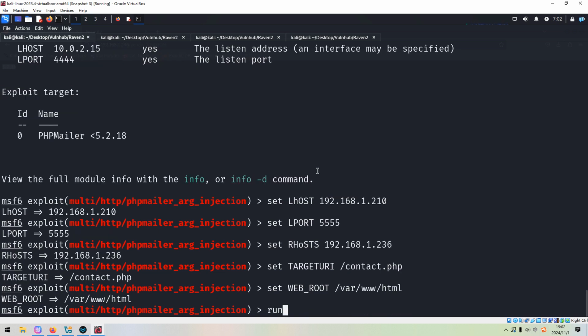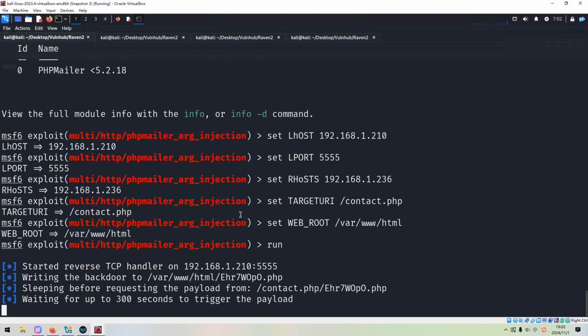So now we can run it. As you can see, it is writing the backdoor to this file and sleeping before requesting the payload. And here, it's telling us we need to wait for up to 300 seconds to trigger the payload.